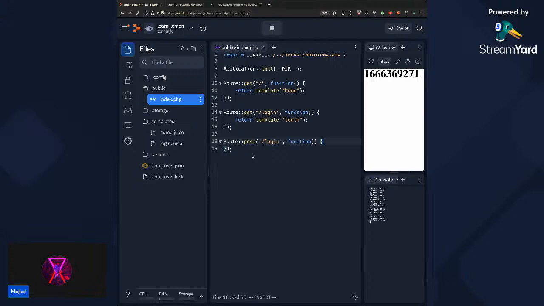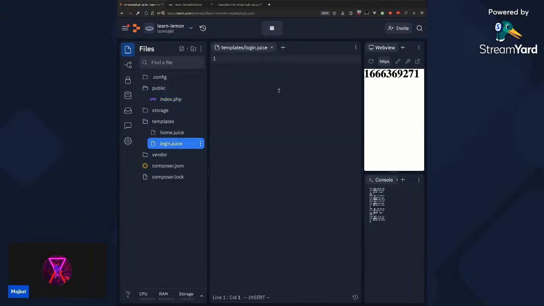To implement login, we first have to get the data. Okay, we should first make the login first. So we go and create a form,